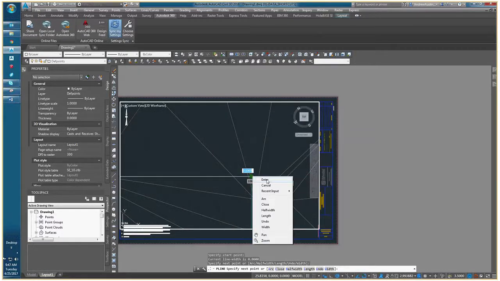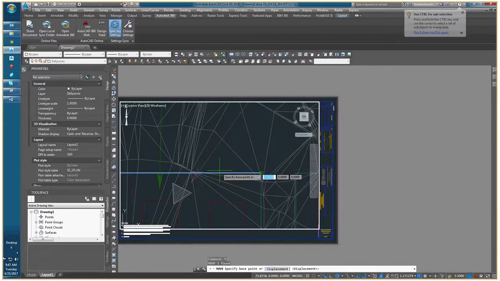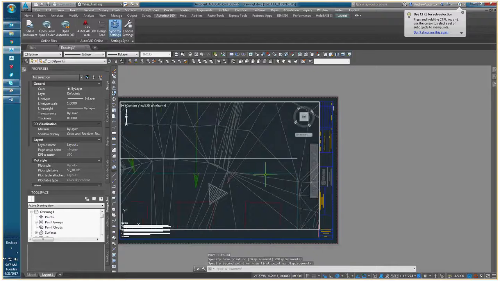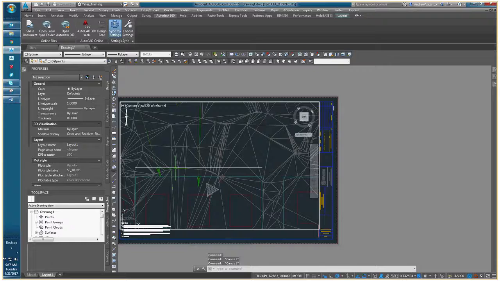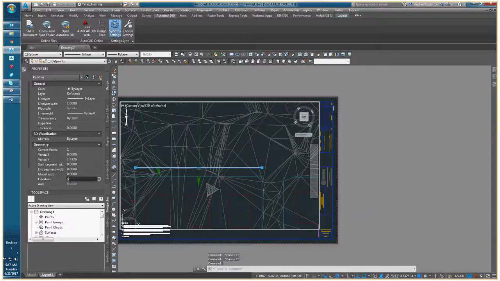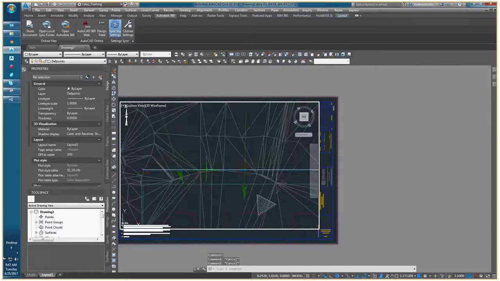by drawing over this line with our own polyline, moving it slightly off so that we don't have the ability to click on the wrong endpoint there. And then we're going to investigate this. So see what we have here. Current vertex, this first one on the left, is at elevation negative 1,135.7457. Very interesting. When we look at elevation 2, it's putting them both at that same elevation. I'm going to take the entire polyline that I've just generated back down to elevation 0, and then